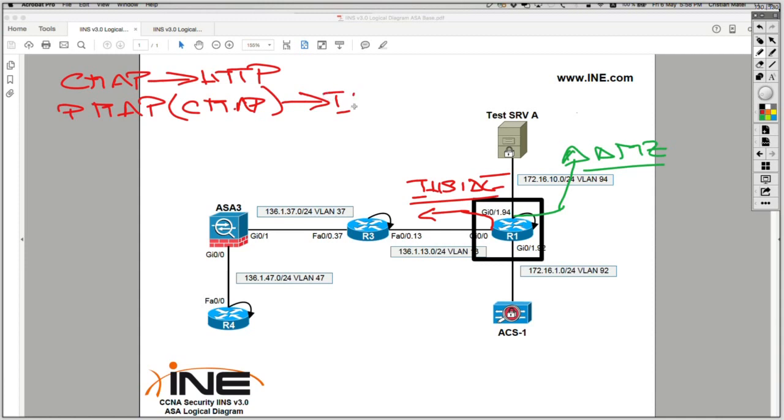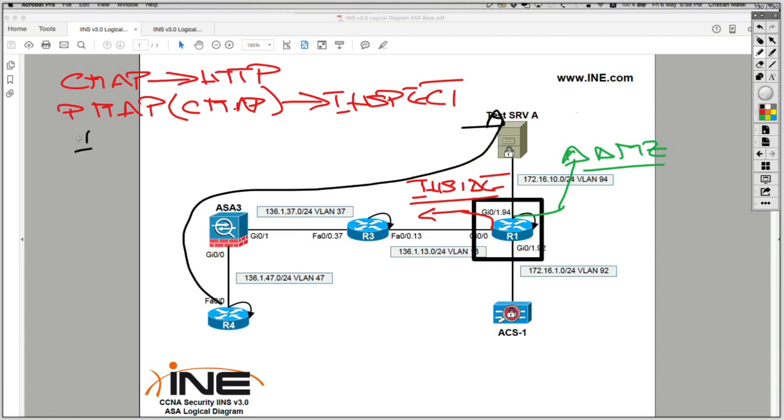So it means I want to inspect HTTP traffic. And then of course, I'm going to apply this firewall policy for the direction of inside to DMZ. So inside to DMZ, that's my firewall policy, which means I'm going to inspect HTTP traffic, and